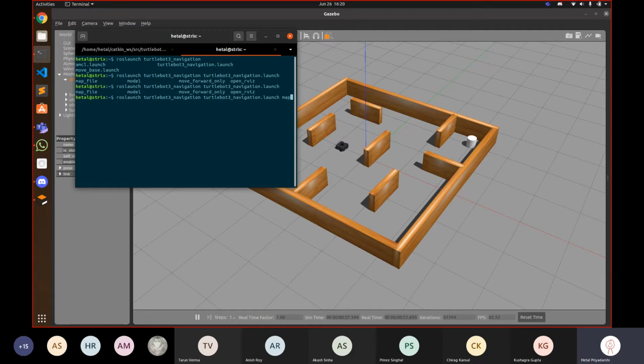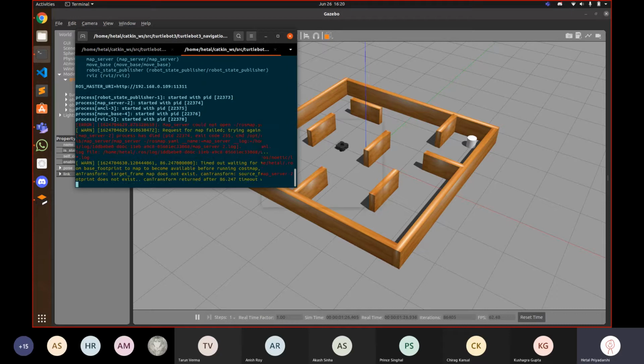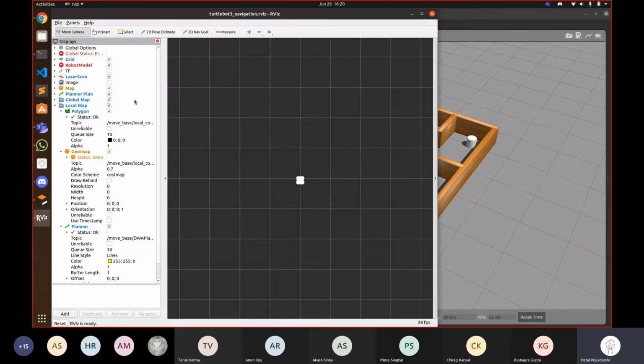Plus map_file:= the map file, right? Like a YAML file, $HOME or whatever. Will this work? I don't know. Did you specify the YAML? Yeah, I specified the YAML.